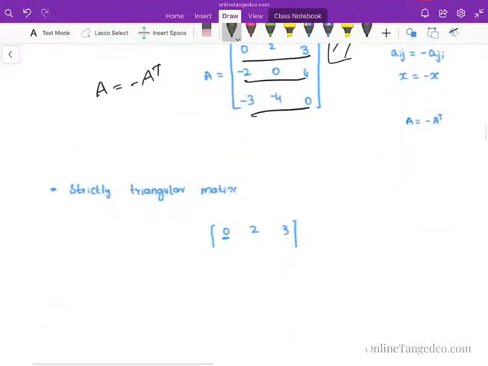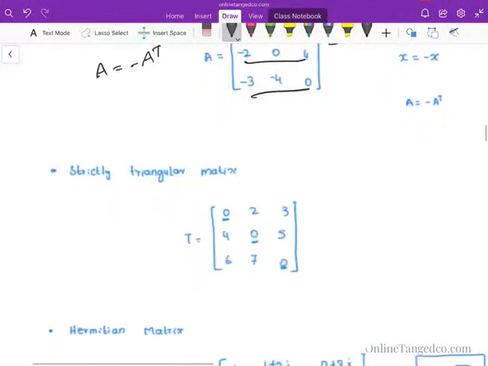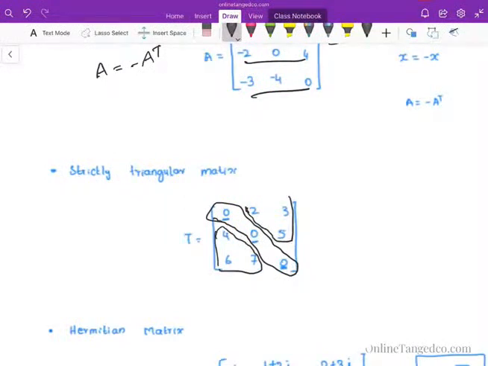Then the strictly triangular matrix. A strictly triangular matrix means it is the opposite of a diagonal matrix, so the diagonal entries are zero. As you can see, these diagonal entries are zero. The reason is that strictly triangular means you will see both conditions: the upper triangular matrix is also there and the lower triangular matrix is also there. So both conditions are seen here. So that is why it is called strictly